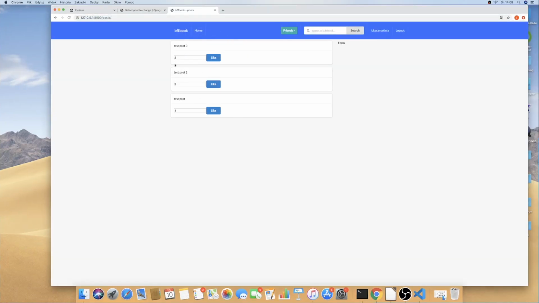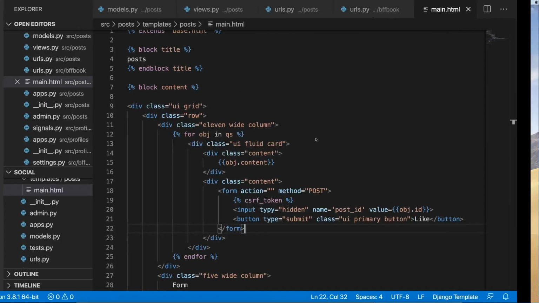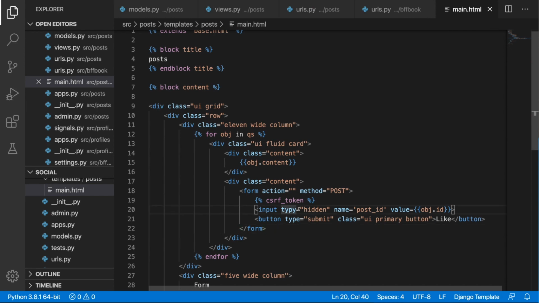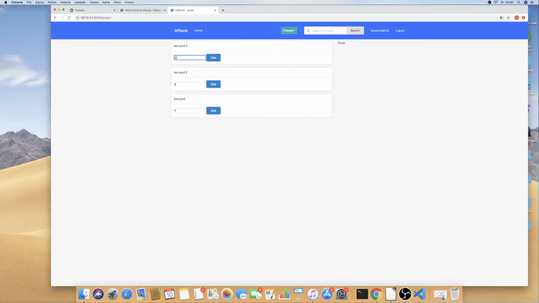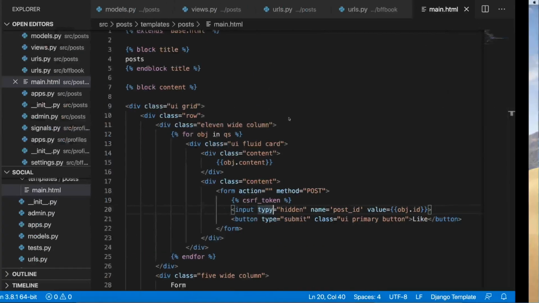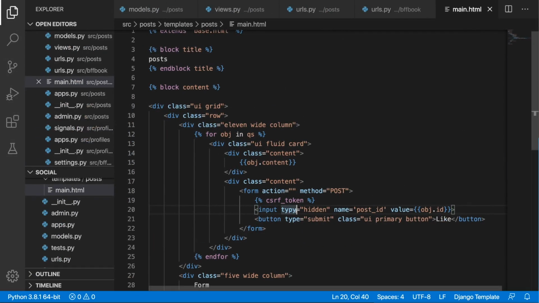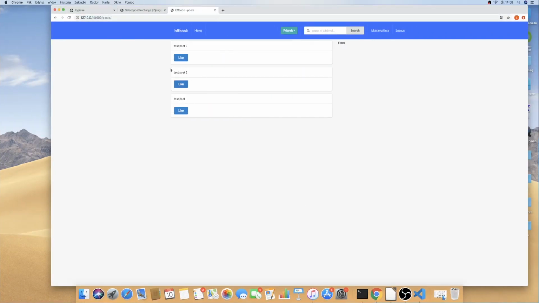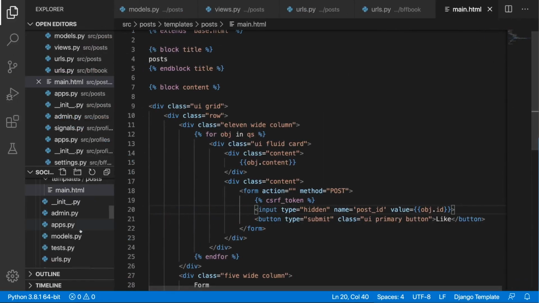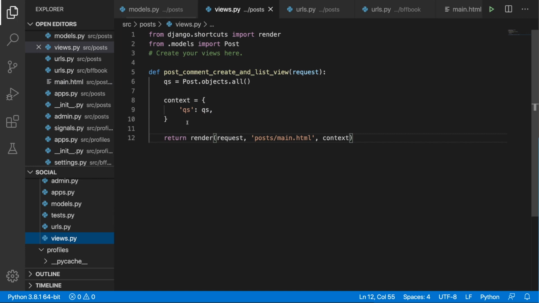And okay, one thing missing is that we should have an input type hidden. So I made a typo. If you don't do the hidden, you will have a normal input with the ID. So sorry about this. It should be type, and now if we refresh, it looks as it looked before. So now we can go ahead and jump into the views.py file, where we are going to create another view